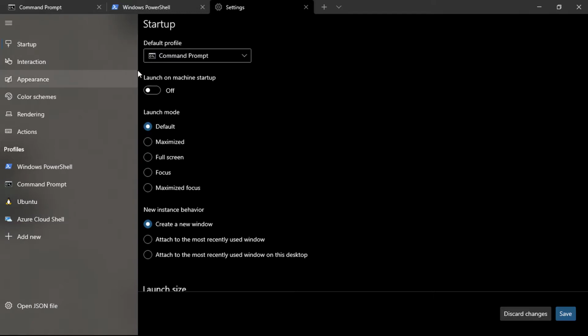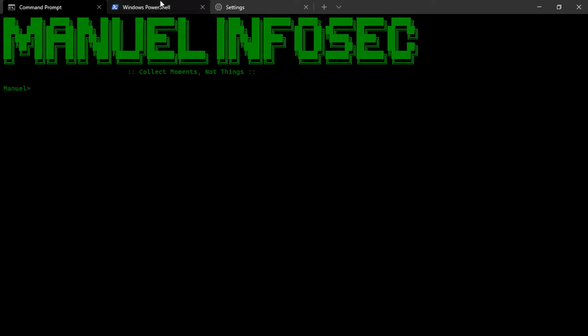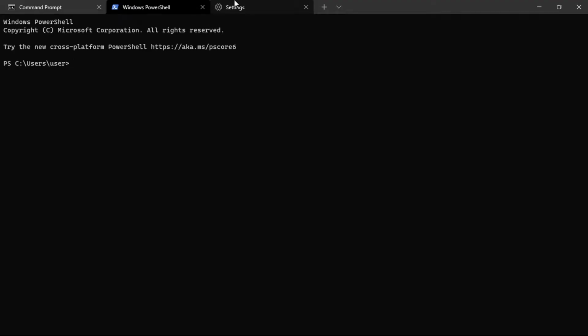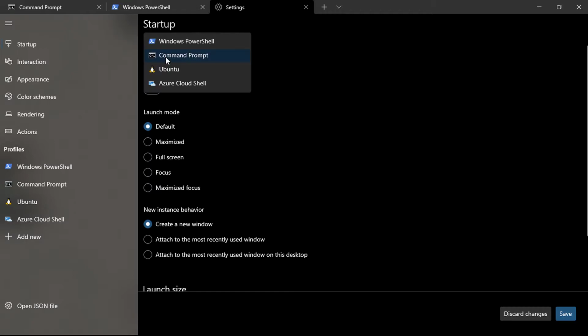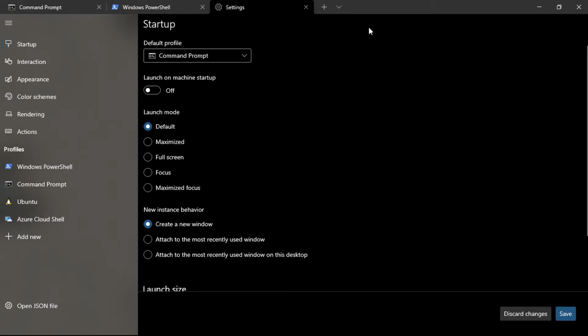functionalities. So the first one here shows our default profile, and this default profile talks about what shell you would like to spawn when Windows Terminal comes on. I'm more of a command prompt person than Windows PowerShell, so that's why I chose the command prompt. It should be command prompt here by default also on your newly installed